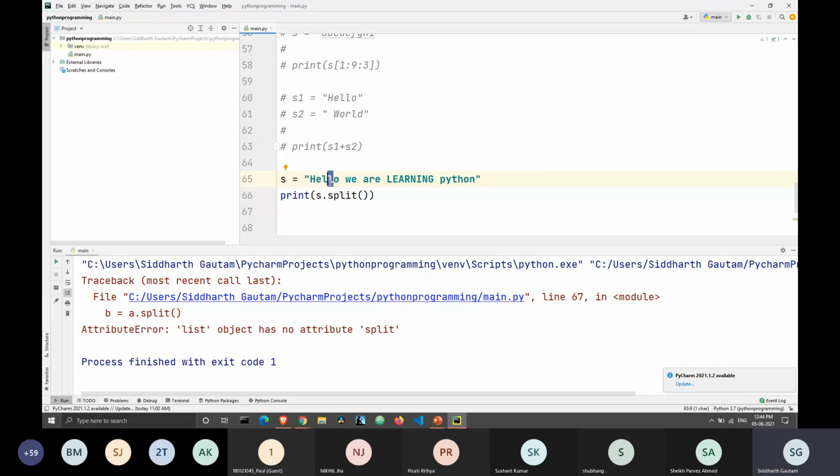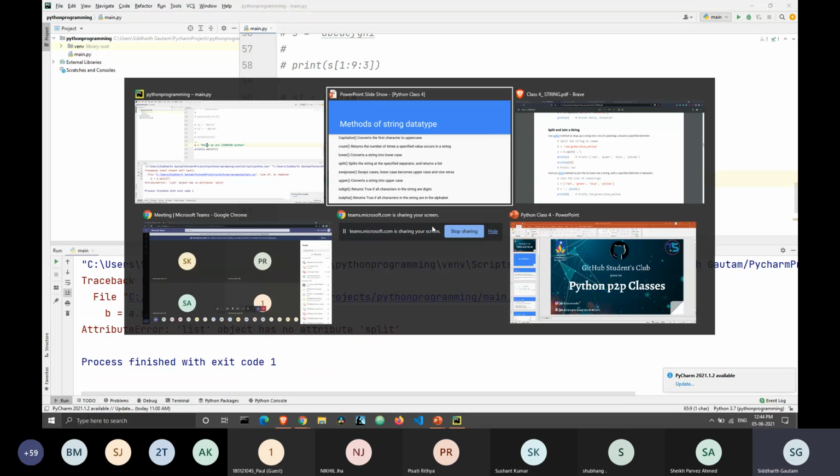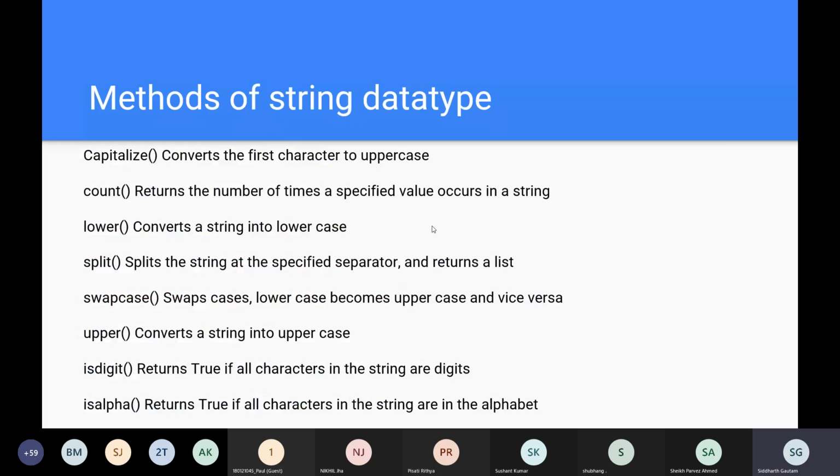There are also other attributes to the split function. So take a look. We are not going to cover all of them in the class because that will just take too long. So just go there and cover it. All right. So let's take a look at some other function.